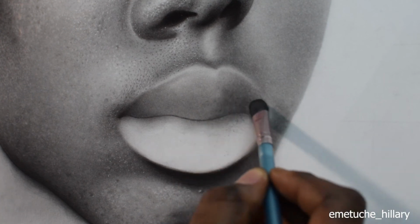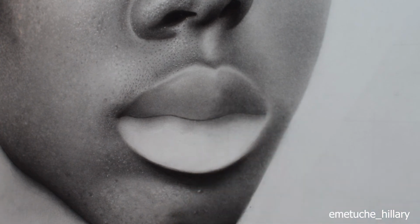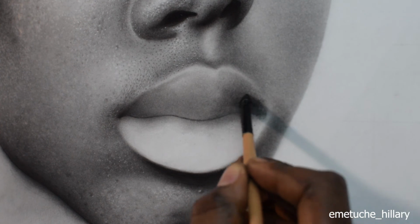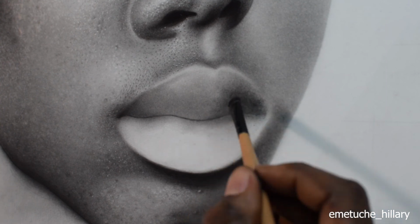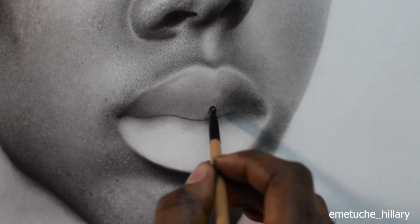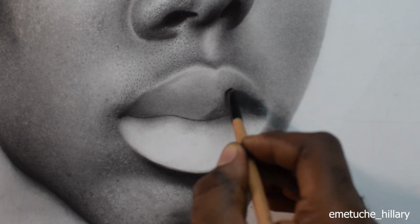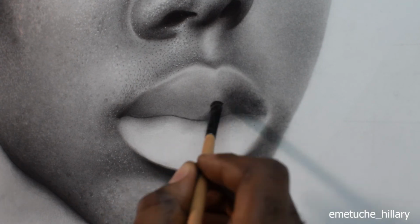So one thing you have to understand while applying the layers initially is that the drawing might look flat. I just don't want you to get discouraged, because before it takes form it takes time, and you have to get the right toning for it to take form. So initially, when you are doing the shadings, the drawing might look sloppy and very flat, but I just encourage you to keep on doing and obeying the rule of layering,